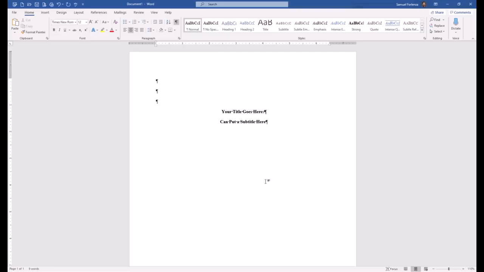So unbold your text, press Enter twice to put a blank line or space between the title and author byline, and write your name. You should include your first name, middle initial, and last name. If there are multiple authors, separate each person with a comma and then write out "and" before the final author. Do not include any titles or degrees that you may have or certifications, just write your name. And it's okay for author names to go onto a second or third line if you have a bunch of